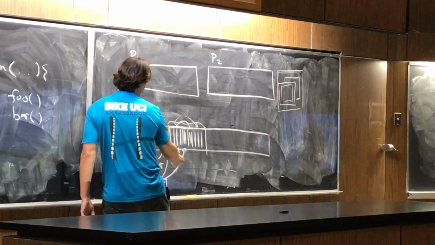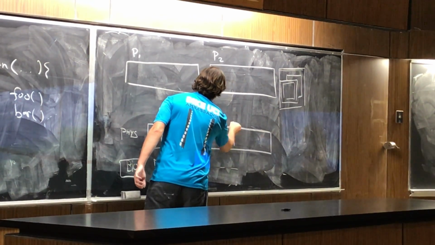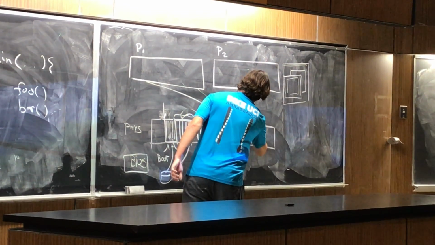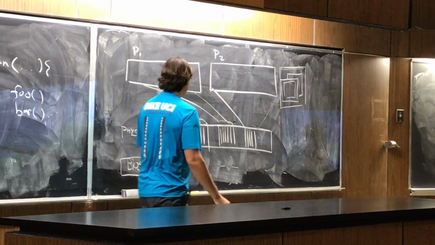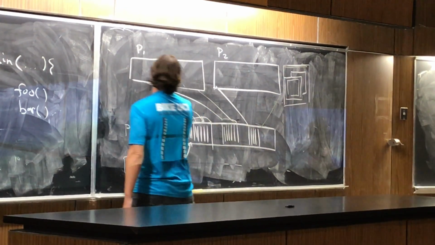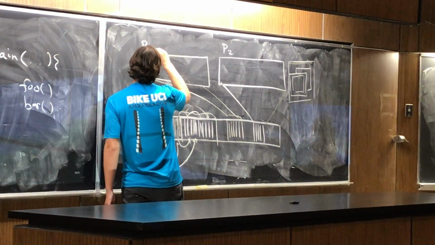You say, well, if I have a region of memory here dedicated, for example, to P1, and a second region of memory dedicated to P2, you kind of say, well, I kind of got it. So if I want to run a little bit of P1, and I know that the main entry point is here, main,